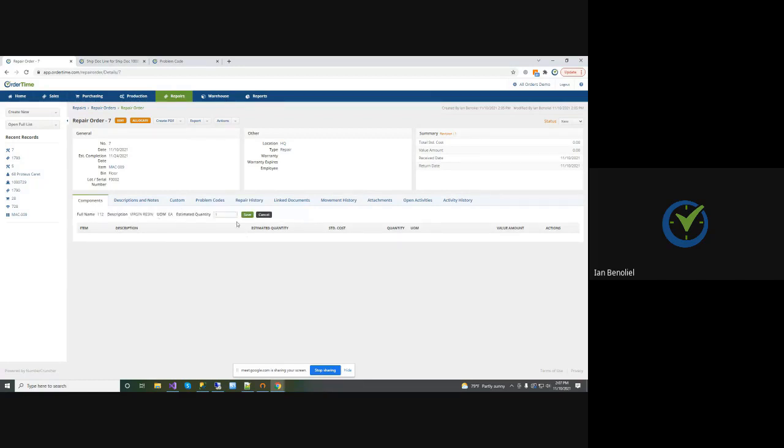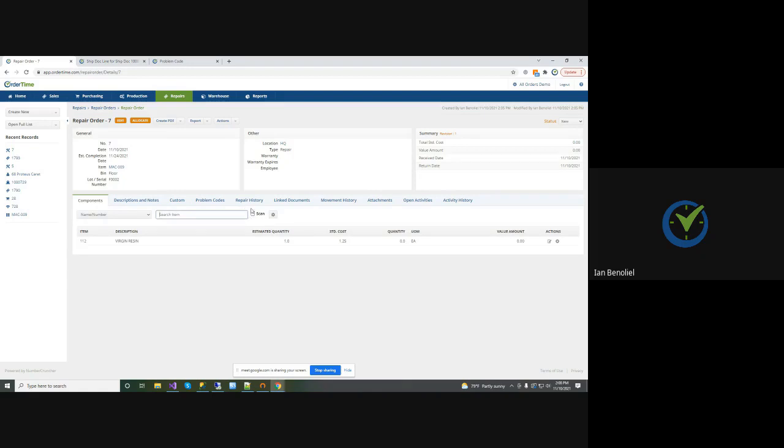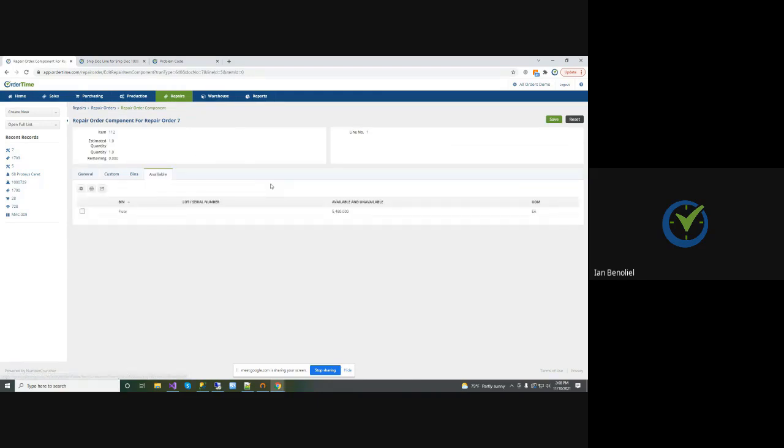I need to add this item, and that's my estimated quantity. All right, now I can allocate this, and if I allocate it, it will create a value for this item. It's not a very big value, but you can see that I can keep on. I can also add repair labor as well. There's nothing stopping me from adding labor. Now, of course, I can come in here and see what's available and add the